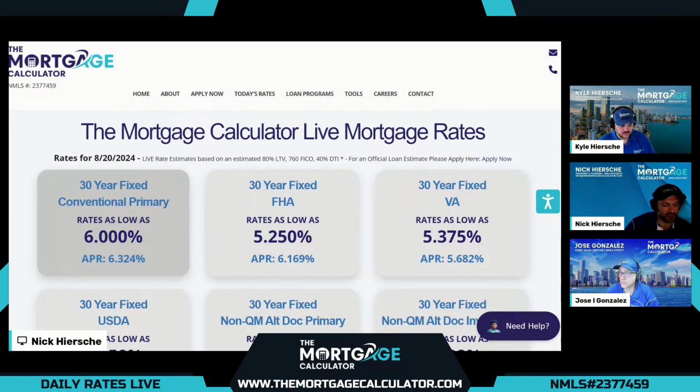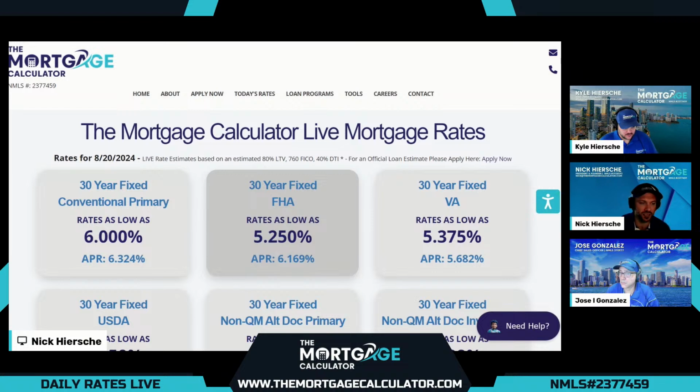Now, if for any reason our customer doesn't qualify for a conventional option, we'll typically want to present an FHA option, which allows more leniency on credit issues, as well as a much higher debt to income ratio overall. But it does require upfront and yearly mortgage insurance. FHA comes in at 5.25 rate, and the APR with all of the fees and mortgage insurance, 6.169. So if our customer qualifies for both, they may want to consider FHA. It's a touch cheaper, but does require that yearly mortgage insurance. And our customer that needs to use it, definitely a great option.